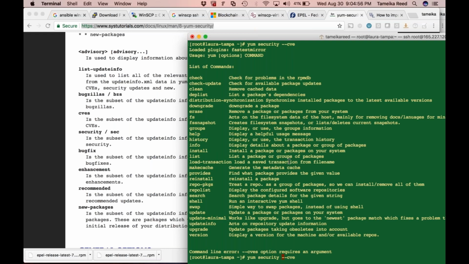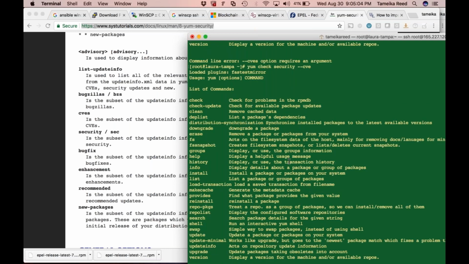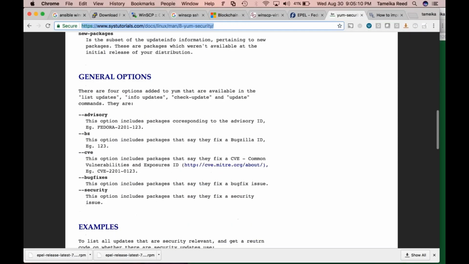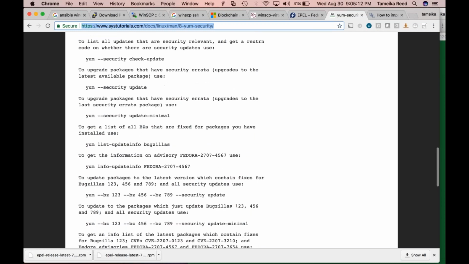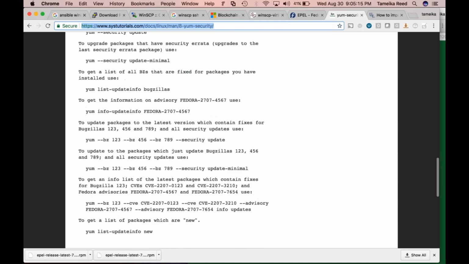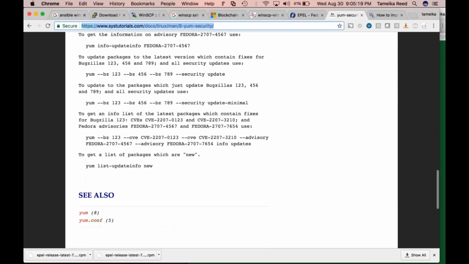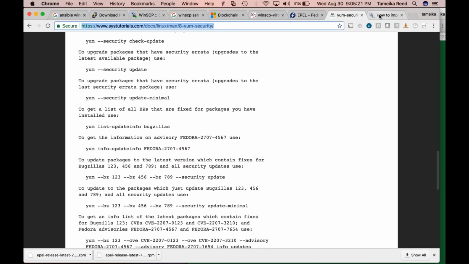Oh, it doesn't like yum security. Yum check. No. Let's see. Control L. Let's see what the command is. That's an example down here. That's the dash security, but I want to get a list of the actual security updates